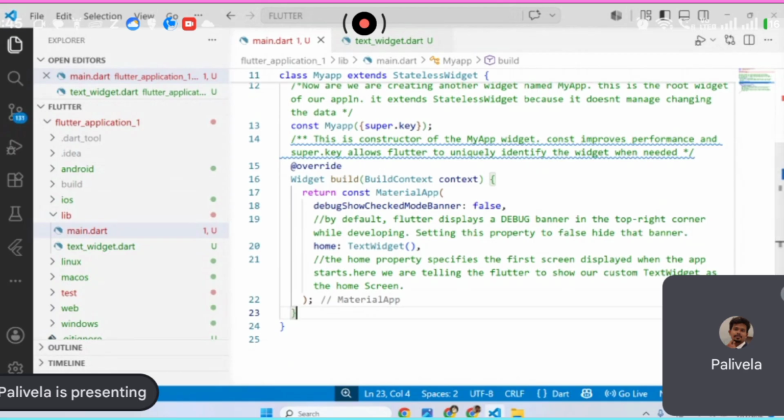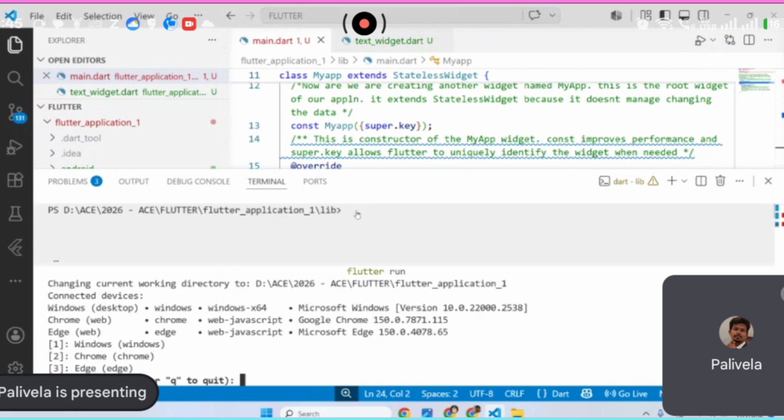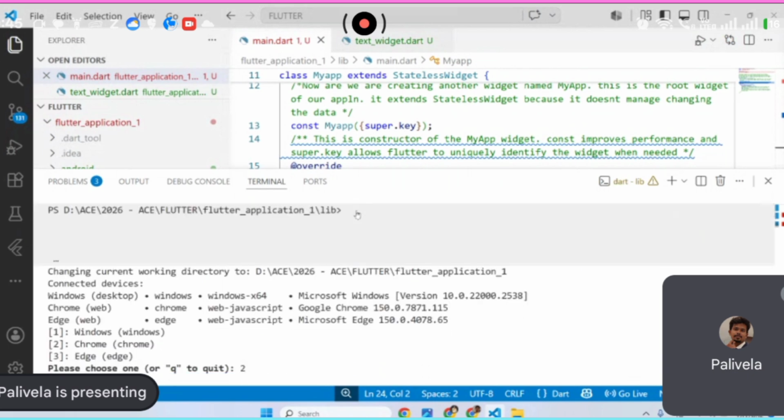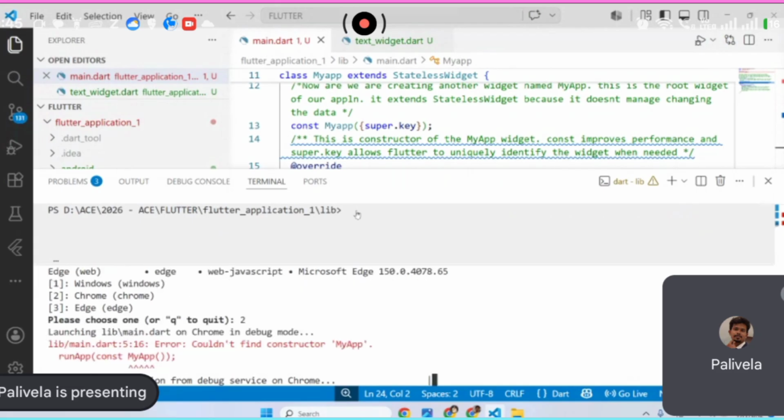Now we will run the application. flutter run. We will start in Chrome. There is an error, it couldn't find the